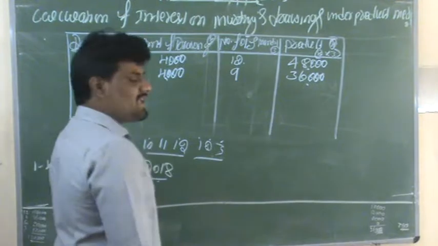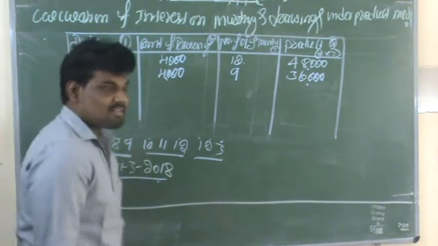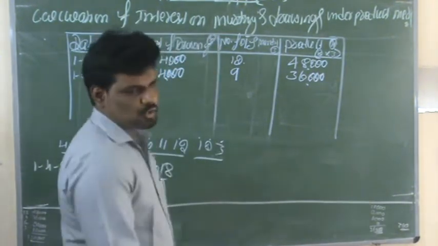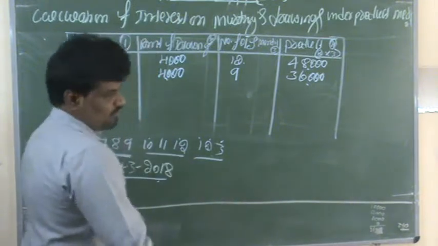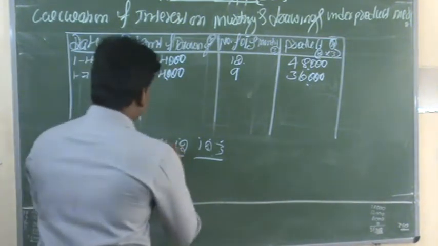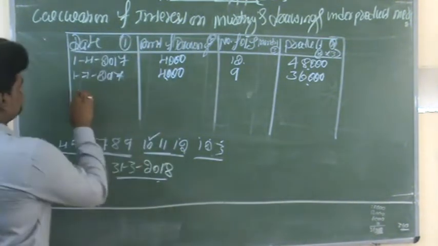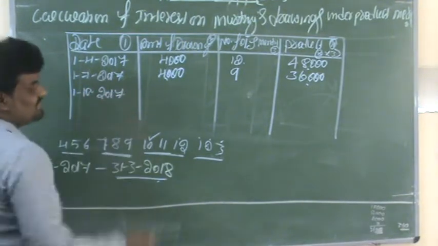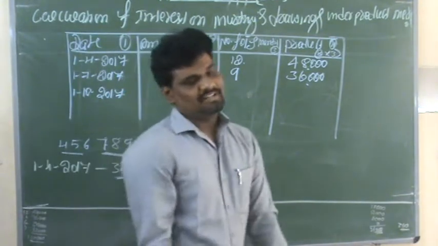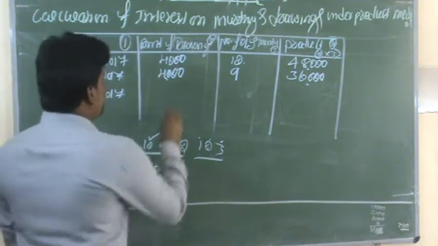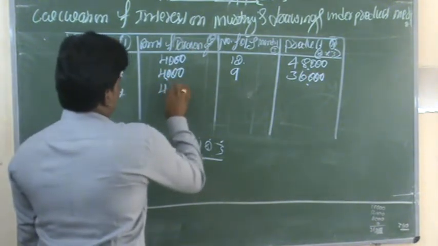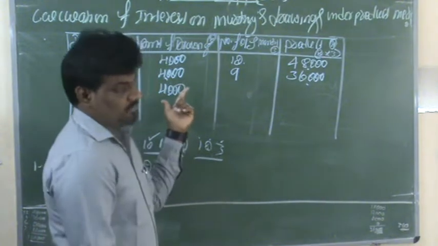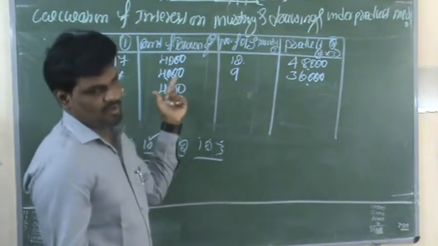And the same thing again, in this partnership they are withdrawing every quarter. So we have completed the first 2 quarters. Again we have 2 more quarters. The next date is 1/10/2017. This is the next withdrawal date. On this date the amount is 4,000 rupees. Here the amounts are constant from one quarter to another quarter.